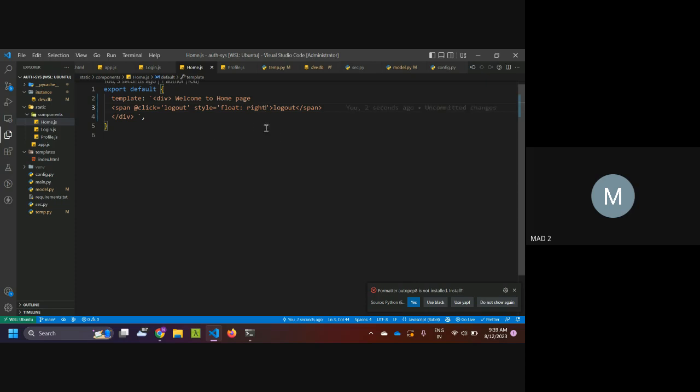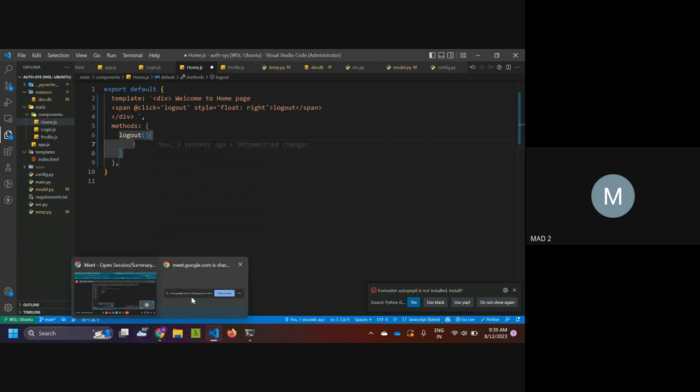Okay, and then I'll create the method logout. And what this logout method will do, first it will remove the authentication token from the local